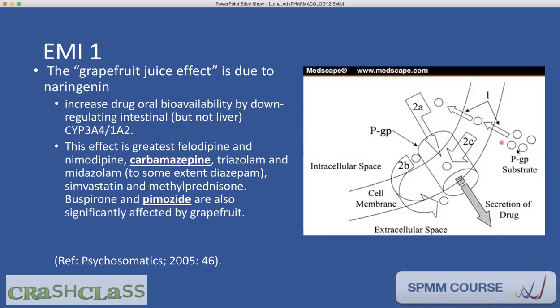So you absorb the drugs through the gut mucosa into the intestinal epithelium, and you want them to go to the other side, to the systemic circulation. But if you are inducing P-glycoprotein production, this P-glycoprotein will actively take these drugs and secrete them out. Antibiotics can be affected in this way. So it's important to make sure that if a patient is drinking a lot of grapefruit juice, adjust for the dose of possible interacting drugs.